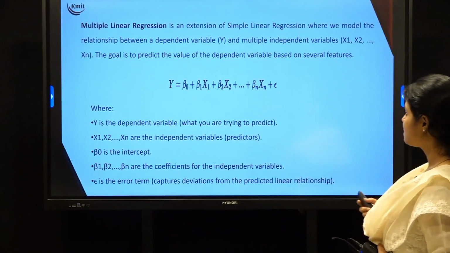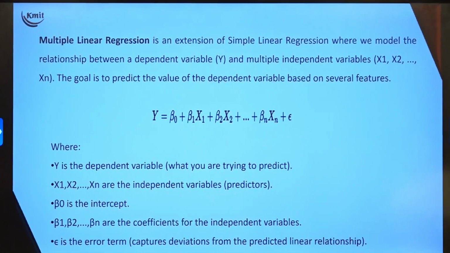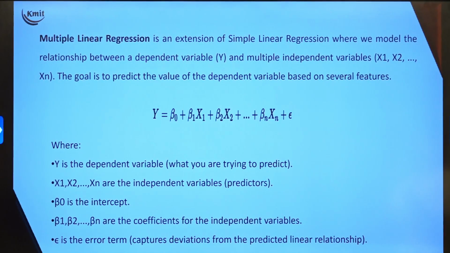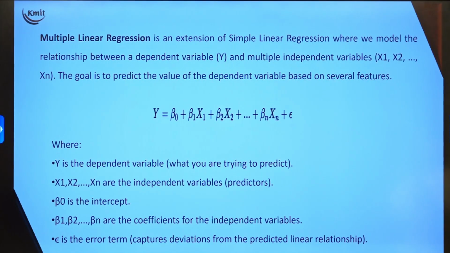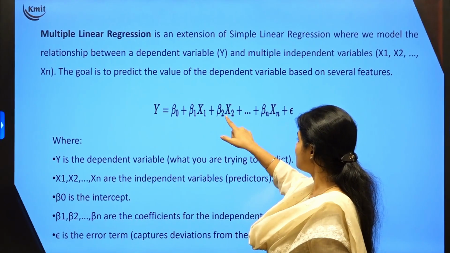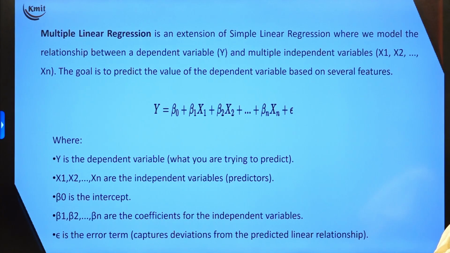So we go for multiple linear regression, where we model the relationship between independent variables and a dependent variable. When I say independent variables, it's not just one, but multiple input features. The main goal here is to predict the value of the dependent variable, that is y, based on these several input features. The expression for multiple linear regression is y = beta naught + beta 1 x1 + beta 2 x2 + beta 3 x3 and so on till beta n xn,